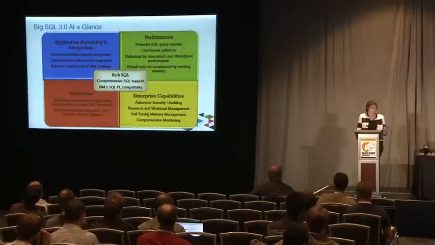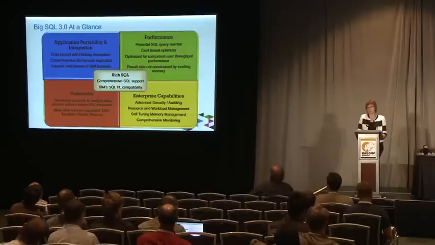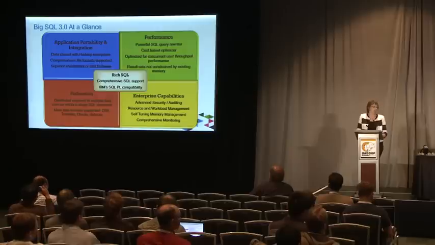Now, in order to really understand what the challenges were that we had, I wanted to take one level down in explaining what the product that we produced is about. So at the center of it all, as I mentioned, we have rich SQL, where we need to have the same level of SQL that we have in the relational world. But of course, that is the first thing that you need to have application portability. You want to reuse those applications, those tools, and that's something that we are able to provide with Big SQL.